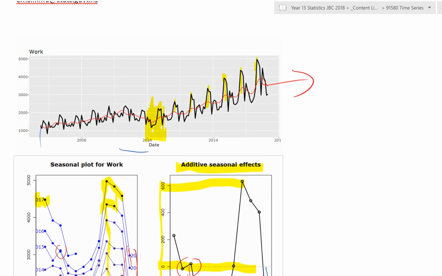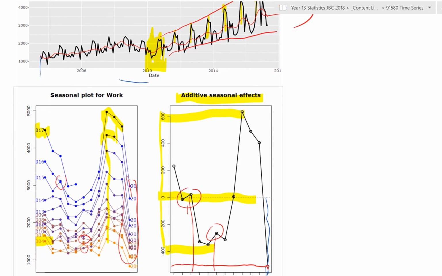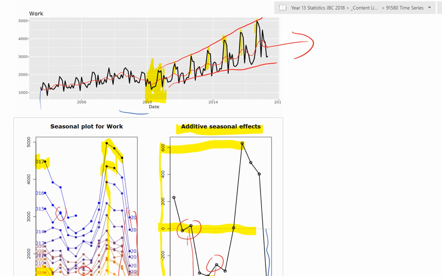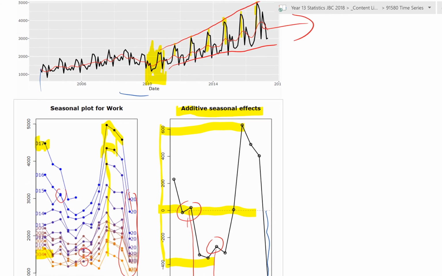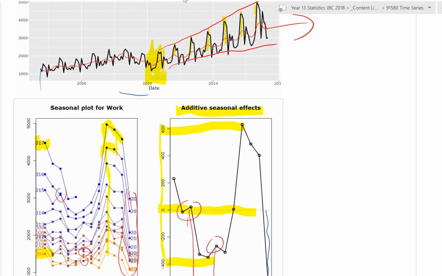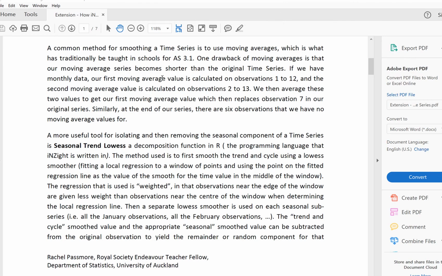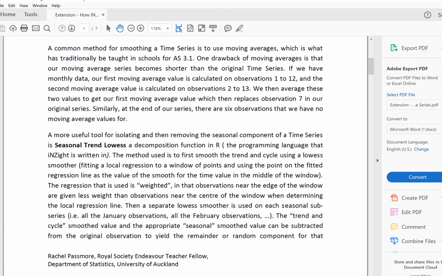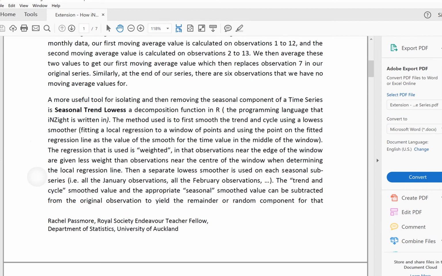When you look at this data here, notice how it's fanning out. And so what we're seeing particularly is that the seasonal peaks are getting bigger and bigger. Now, the average seasonal effect that Insight uses doesn't really take that fully into account. It takes an average of the seasonal effects. So, getting just a little bit technical for a sec, a thing to bear in mind, particularly when you're thinking about how the average seasonal effect is formed, is the way it's done. And it says here, this is how Insight does it. It says,